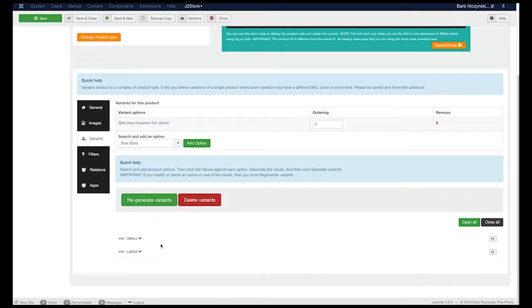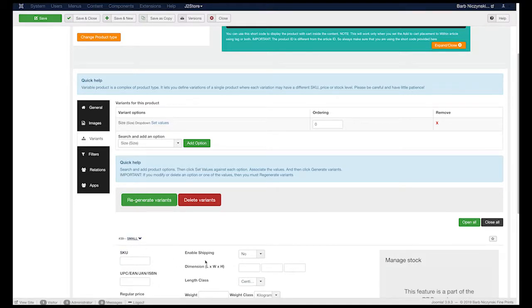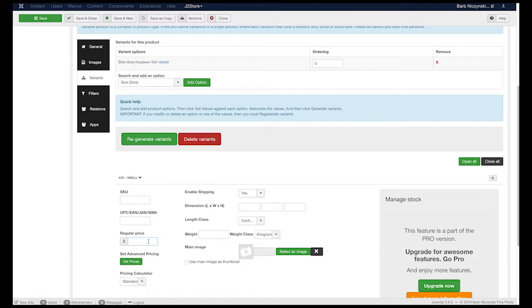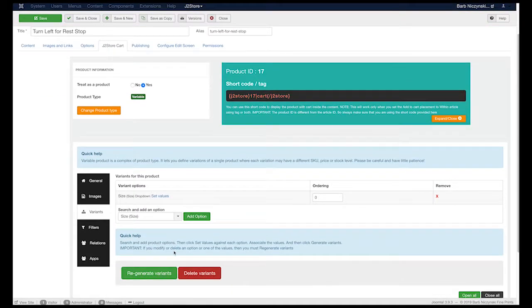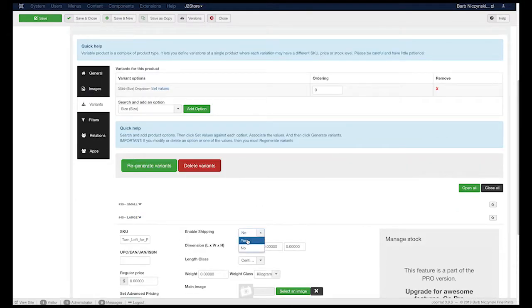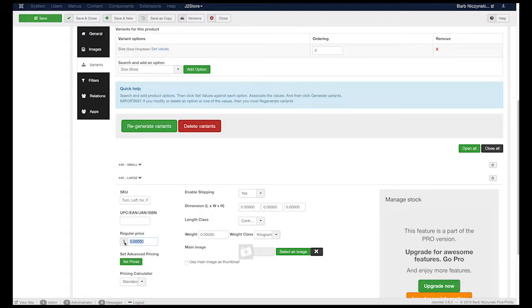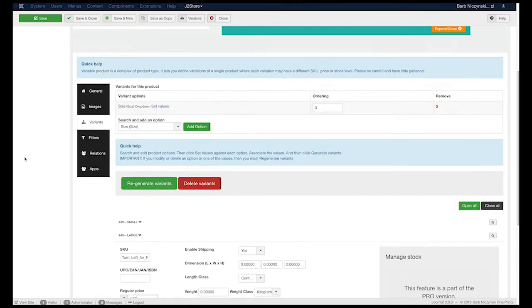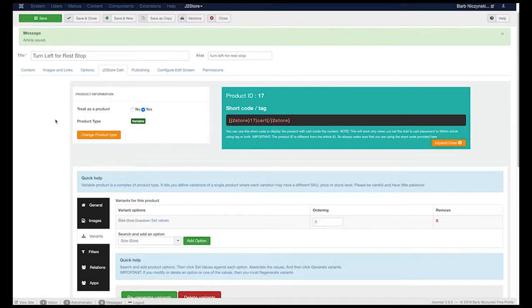And you'll see down below it's got a small and a large. So we'll click Small, and we're going to say enable shipping, yes, because we do want to ship this product, and the price for the small one is 90. Go up to the top left and click Save. Then we scroll down the screen again to the large, and we're going to enable shipping for the large, and we're going to put the price of 100 for the large, and that's basically all we need to do. We're going to click Save and Close,